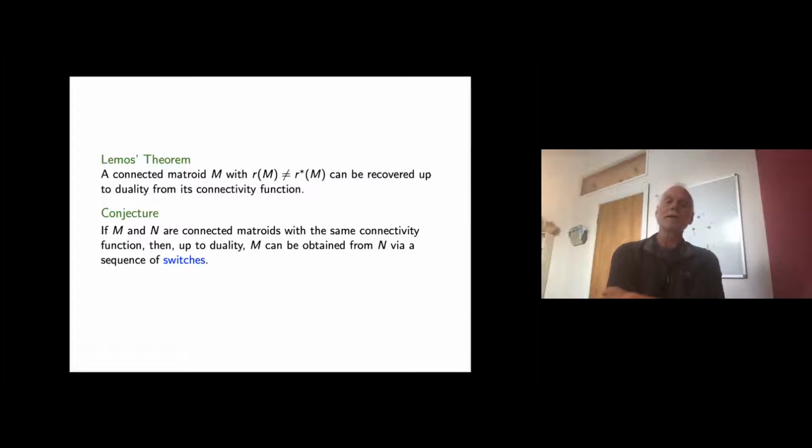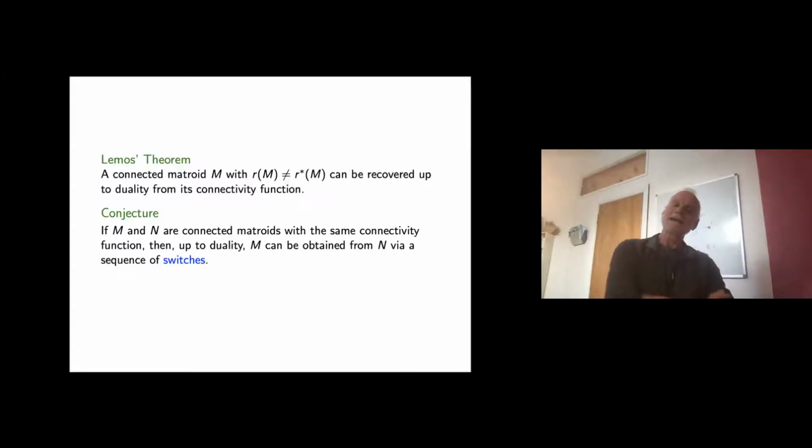But what I'm doing is simultaneously turning a circuit hyperplane into a basis and a basis into a circuit hyperplane, and doing that does not change the connectivity function. That gives us examples of two matroids that are different that have the same connectivity function. And I'll call that operation a switch,